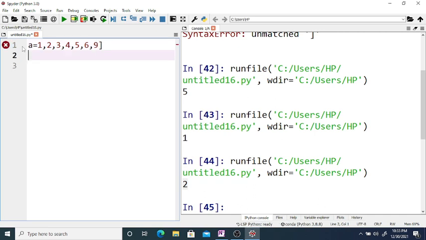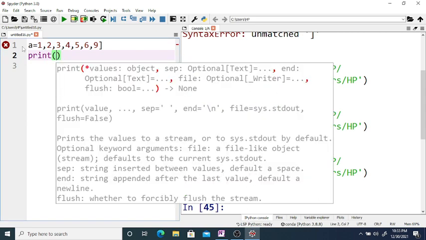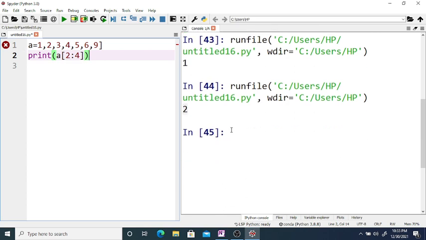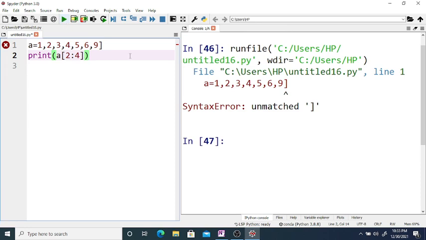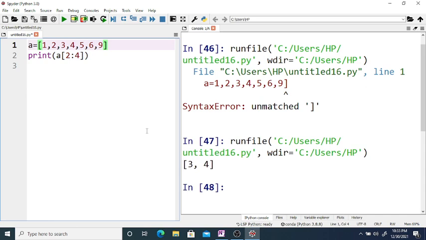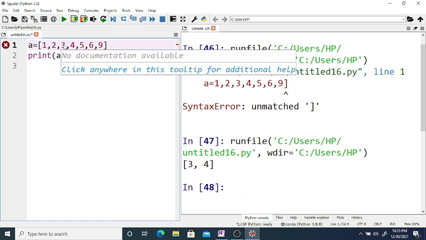If you print A with 2 colon 4, then 2 is inclusive, so at position 2 it is the element 3.